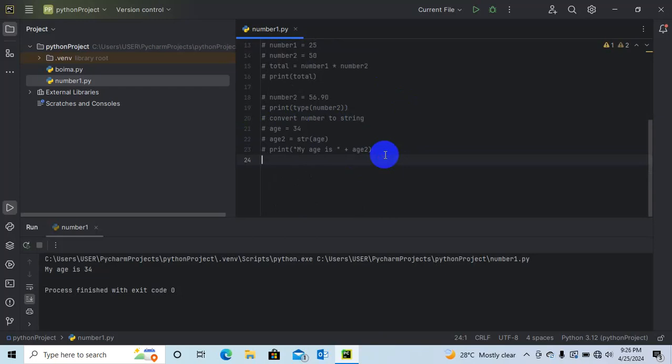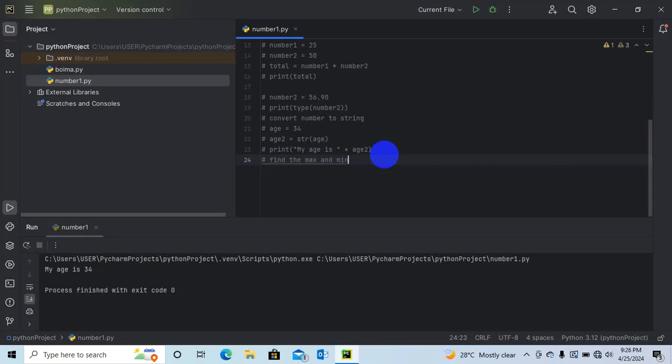Let's say we want to find a maximum. Let's write a comment and say the maximum and the minimum.